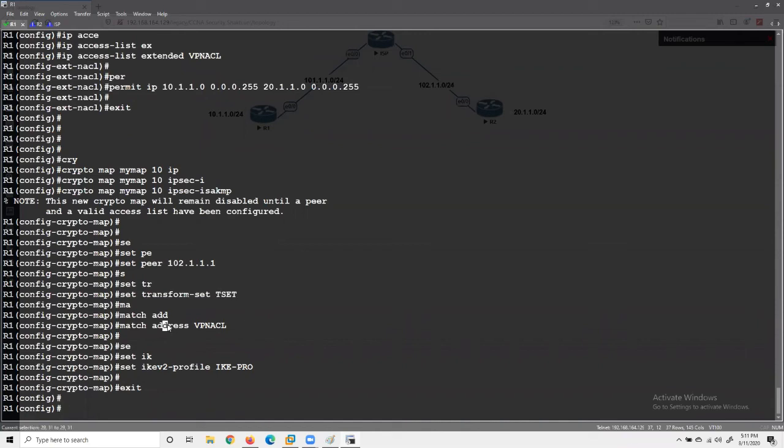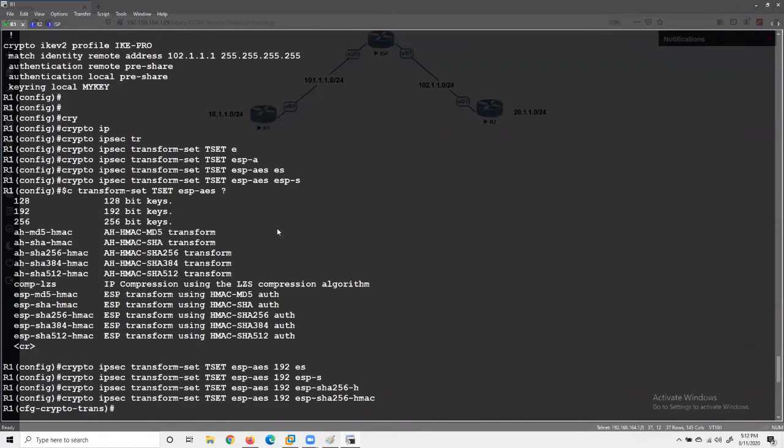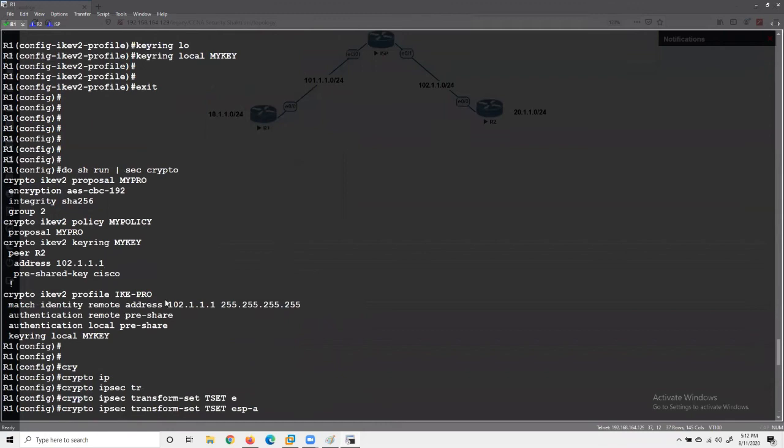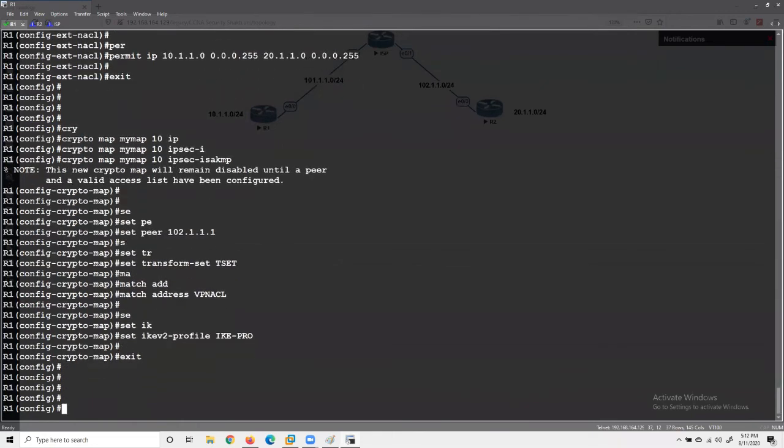And here we have defined the interesting traffic for the VPN tunnel, so let's match this access list and start encrypting the traffic. This is the IKEv2 profile where you have defined both authentication methods with the pre-shared key and identity. Whatever identity we are using here, we are using the IP address of the VPN peer as the identity of the VPN peer. Okay, clear? Yes.